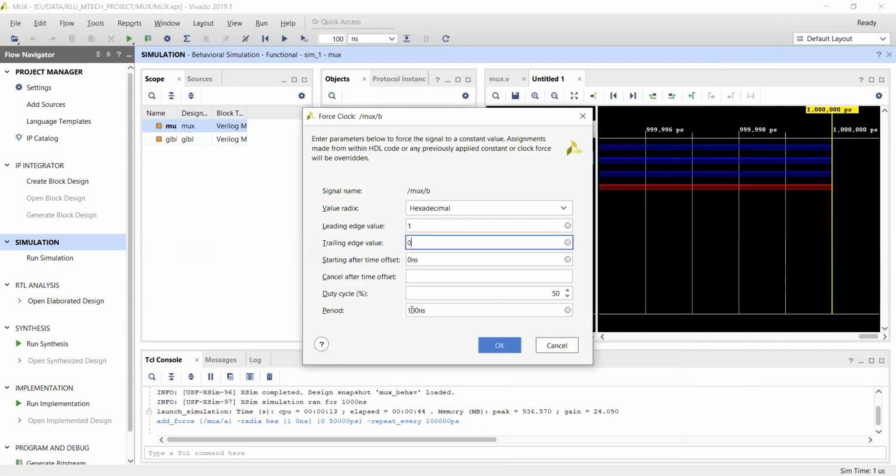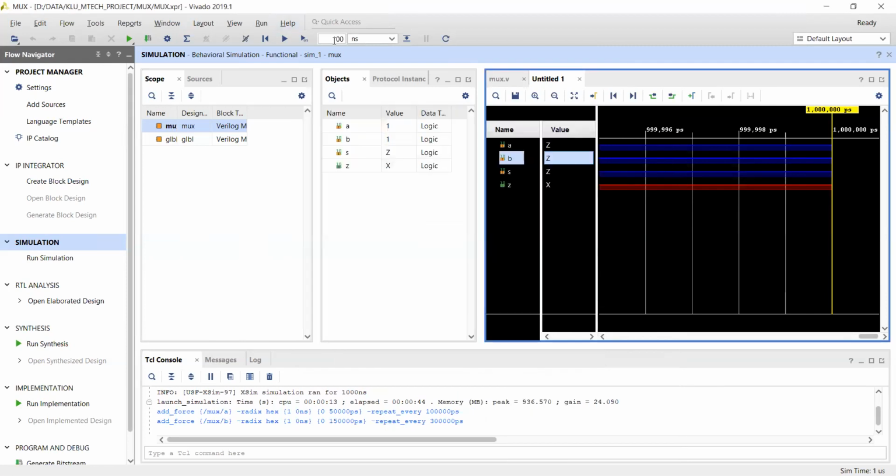Here I'm giving 300 instead of 100 for the period. The time scale I'm also changing to 300, 300, 600.